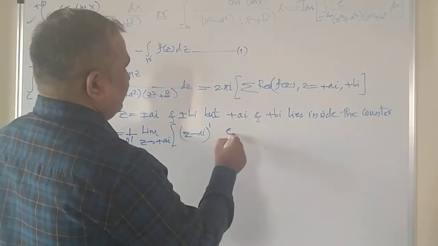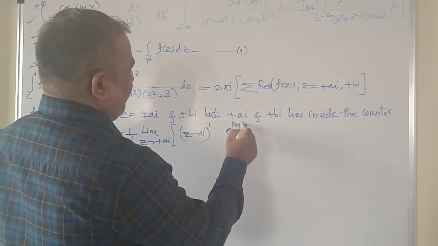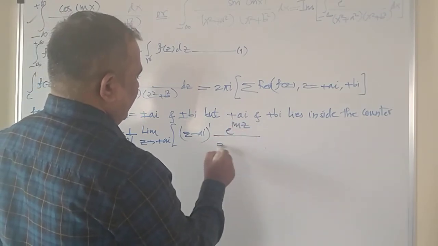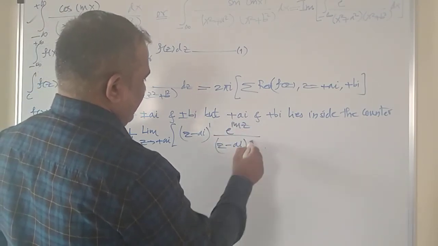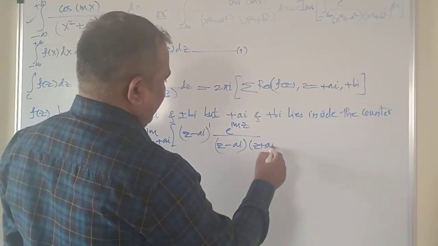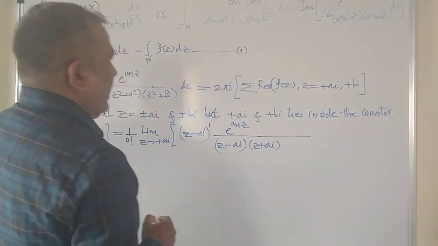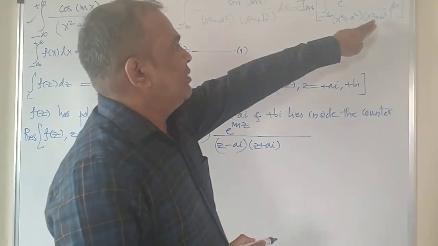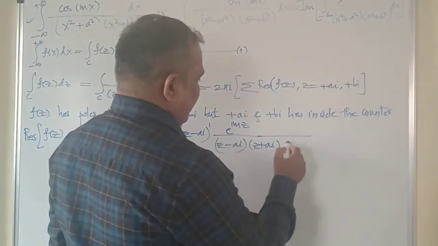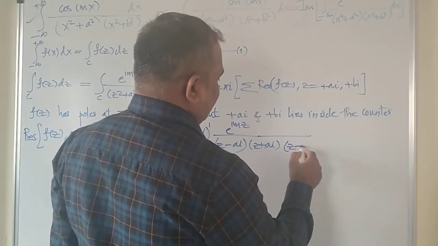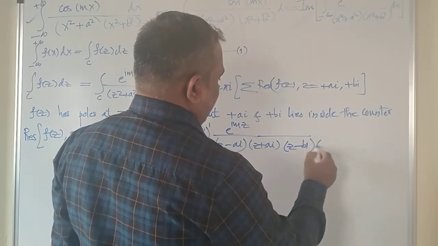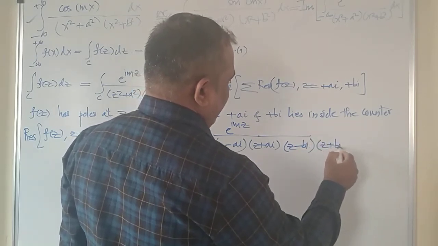Your f of z is e raised to i m z divided by (z minus ai) into (z plus ai), right? Into the factors of x square plus b square also, I can write as (z minus bi) and (z plus bi),